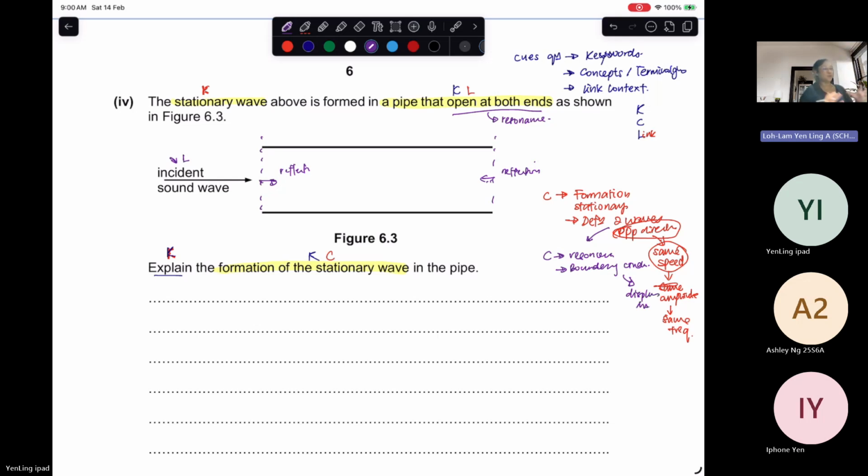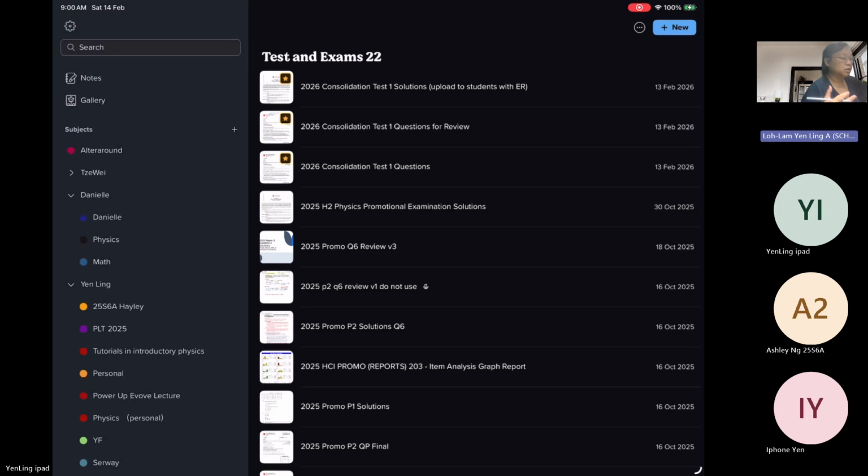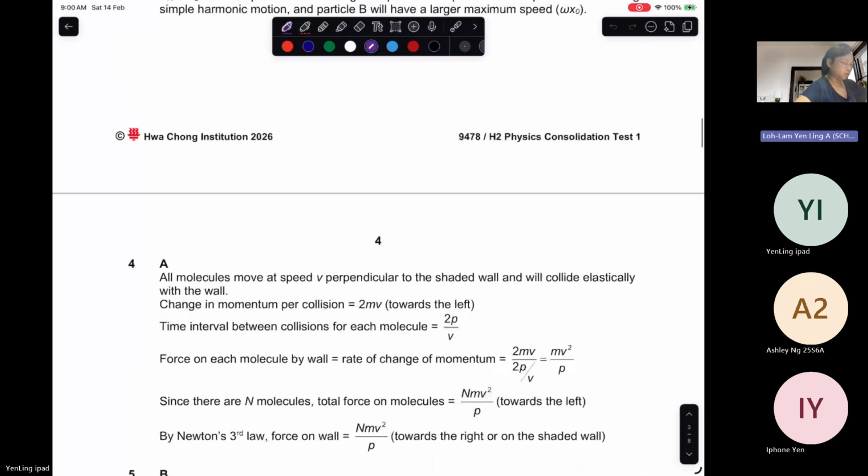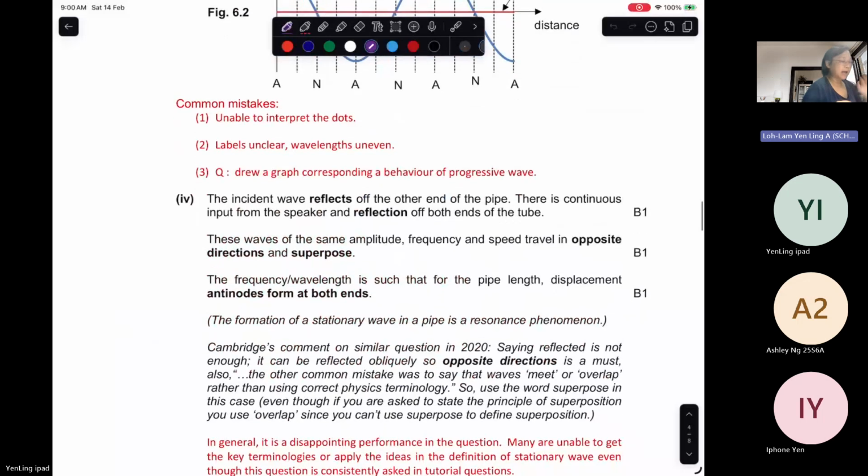So all these need to be put together in a particular solution. So let me switch over to the solution. You will be able to see these are the key ideas behind it. Number one, we need to talk about waves moving in opposite direction, having the same amplitude, frequency, and speed. And then we need to identify the sources of waves that are moving in opposite direction and interfering with